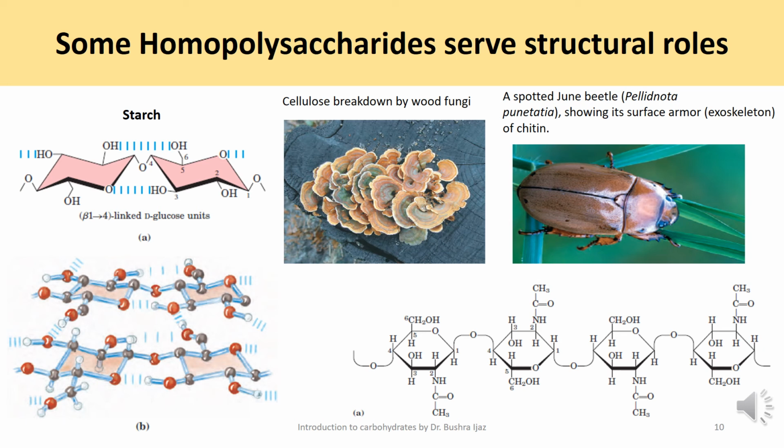Now, we have the example of termites, which readily digest cellulose and therefore rot the wood, but only because their intestinal tract has a symbiotic microorganism, and that microorganism can secrete the cellulase enzyme, which hydrolyzes the beta 1,4 linkage. The wood rot fungi and bacteria also produce this same cellulase enzyme.